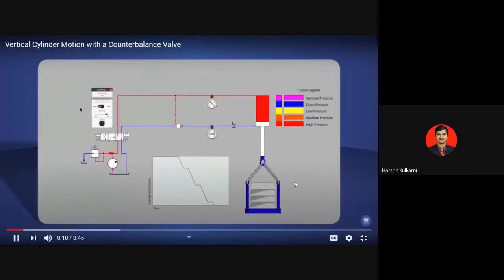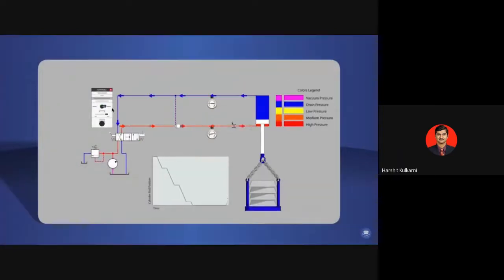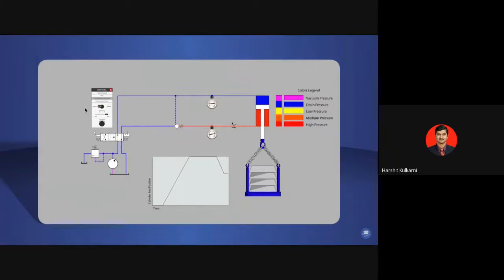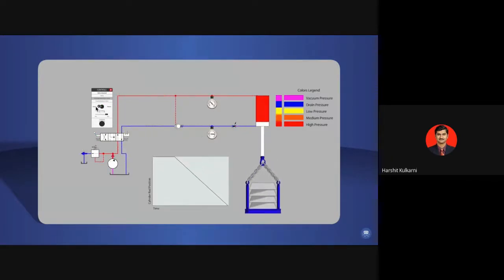Last week, Carl was using a pilot-operated check valve to hold a heavy load on a vertical cylinder. What we found out is that while lowering the cylinder and with gravity acting on the heavy load, motion was uneven unless we imposed a restriction on oil flow leaving the bottom cylinder port. This made for very slow hydraulic cylinder speed, and this low speed might be just fine for some applications, such as outrigger cylinders on a crane. But if we need the vertically loaded cylinder to be lowered at a higher rate of speed, production speeds perhaps, we need a different solution.